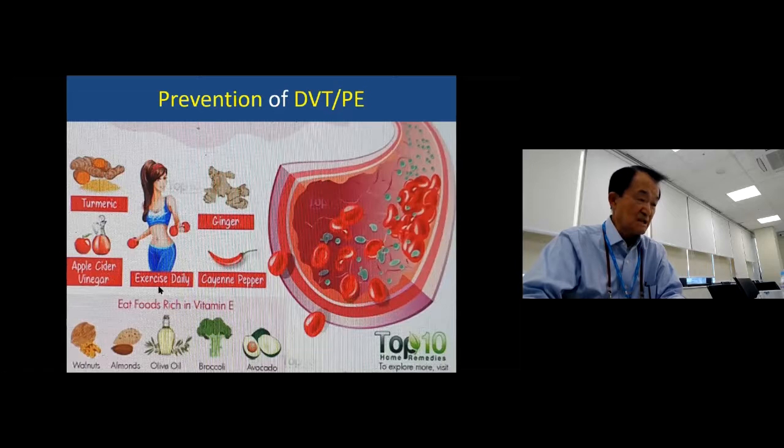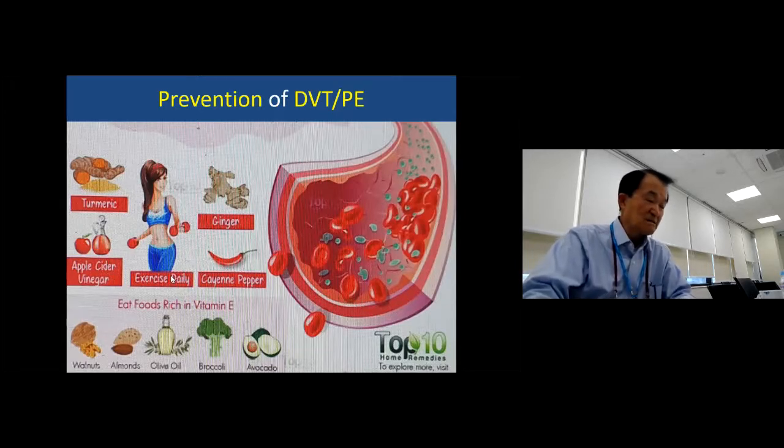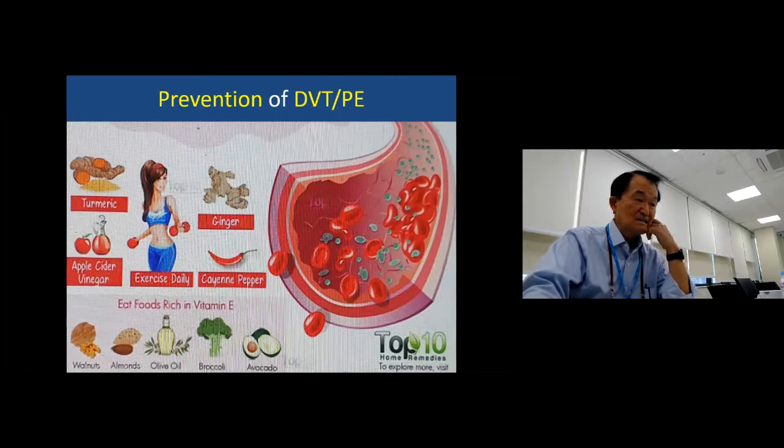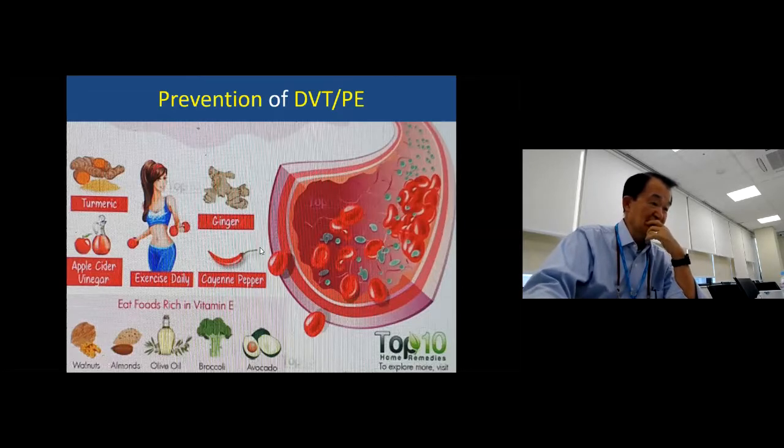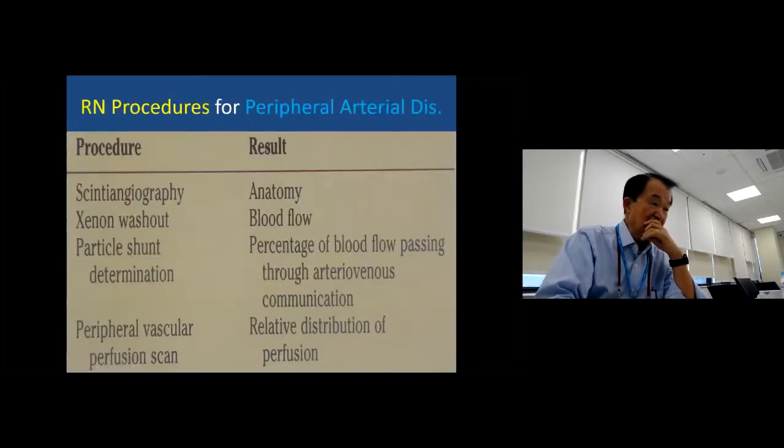And certainly good exercise, avoid any immobilization, that's important. Vitamin E is very helpful in these things. Also ginger, pepper, cider, and turmeric, all these things. Okay, the arterial disease,